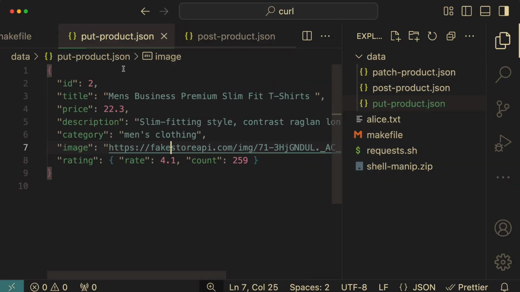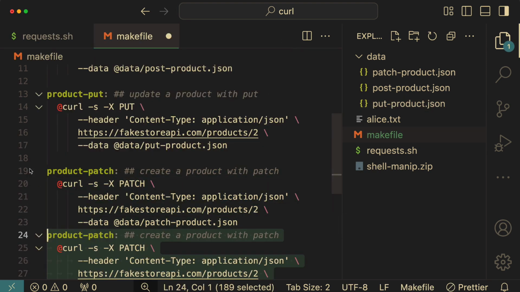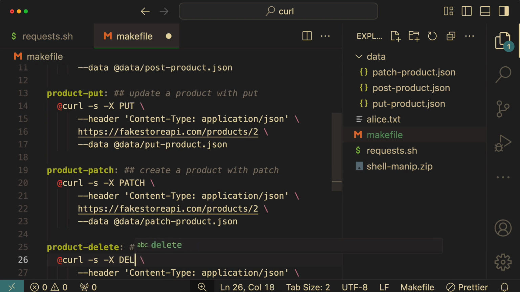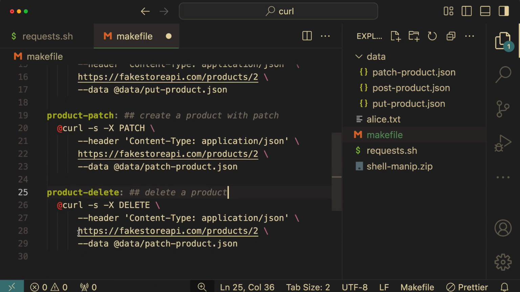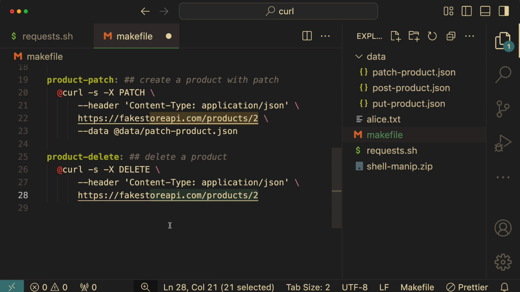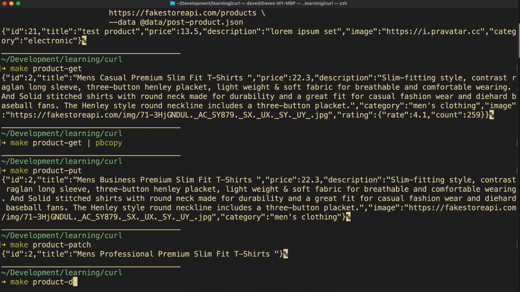So back into closing this down, back into our makefile. We grab this, copy it down. This one is delete, in capital letters, delete. Ooh, spell it right. Why can I not spell right? Delete a product. There it is. Down here, we don't have any data, which means that we can get rid of that. We're going to delete number 2. Technically, we're not because it doesn't delete anything, but we should be able to see this work. Right here, delete,